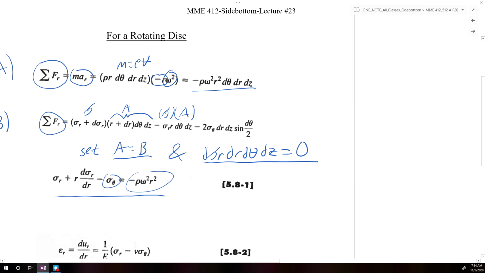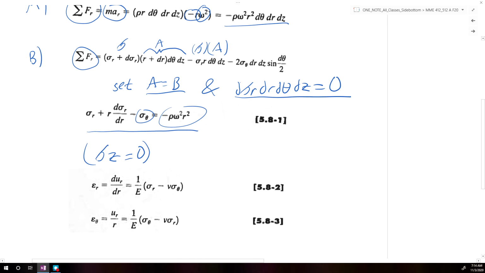tangential stress. So if we're going to make an assumption, we're going to assume that sigma z, or the stress along the z-axis, coming into the page, is going to be equal to 0. So we can then use the stress-strain relationships for axisymmetric problems to determine what would be our strains in the radial and the tangential direction. So we define that the strain in the radial direction would be the ordinary derivative of the displacement in the radial direction with respect to the radial direction, which would be equal to this term here,